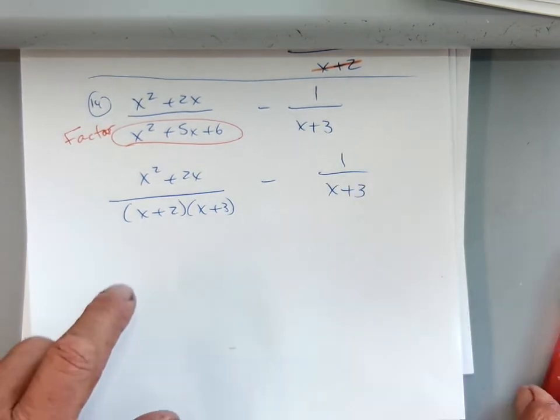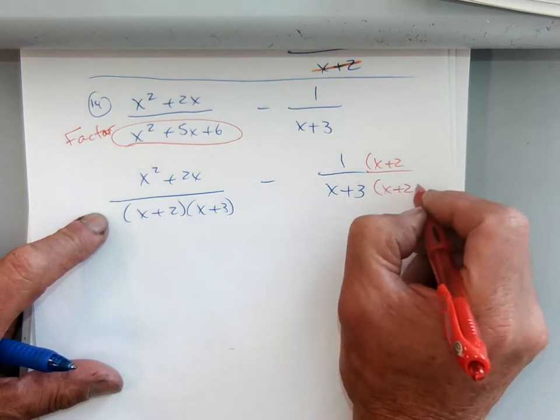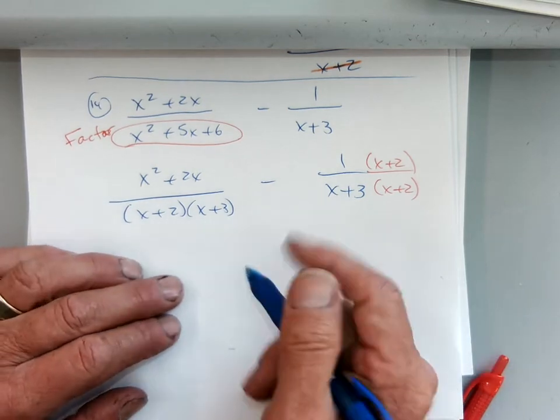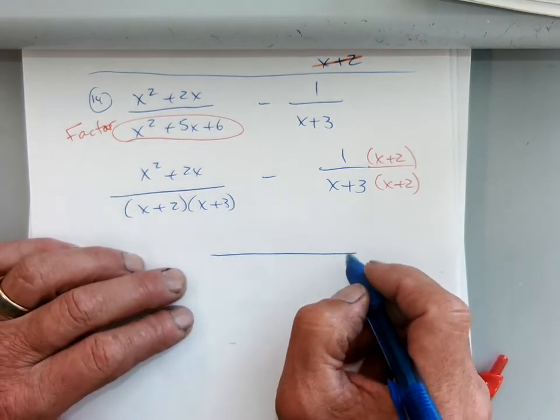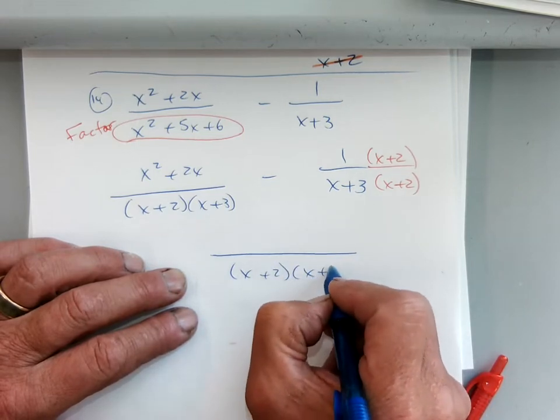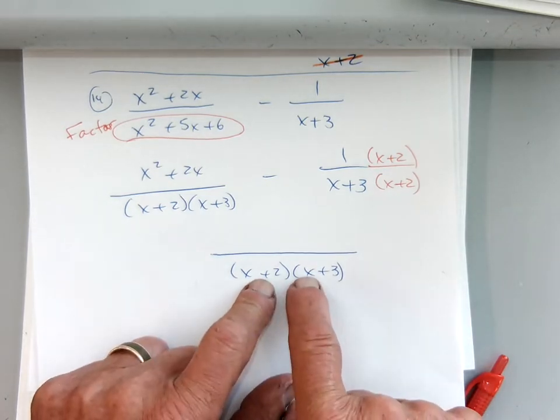Yeah, it needs an x plus 2. So I'm going to make sure I give it an x plus 2 over an x plus 2, multiply top and bottom. And then I have my common denominator. It is my x plus 2 times my x plus 3, and I'll let you get caught up, okay? So I'm making my common denominator, which is going to be my x plus 2, x plus 3. And now I'm just going to